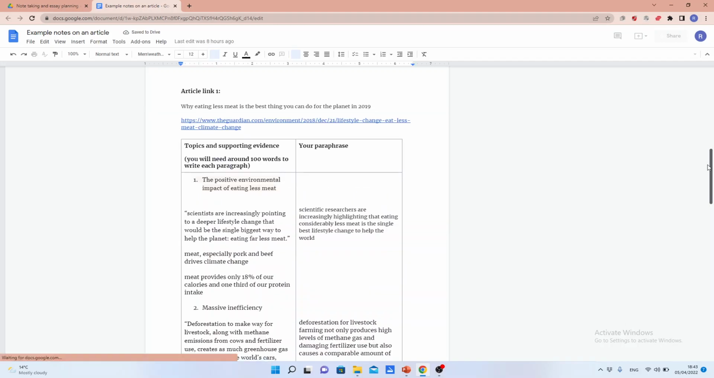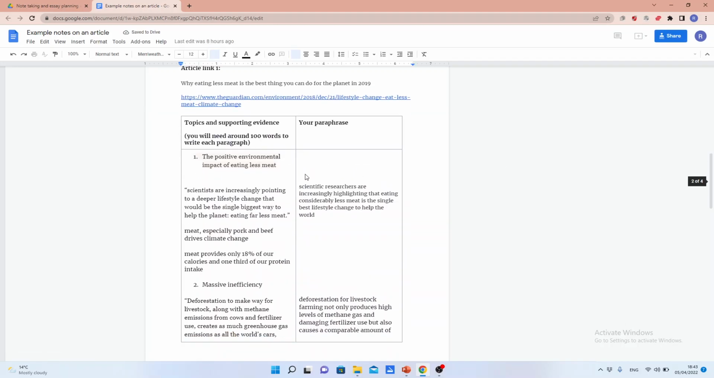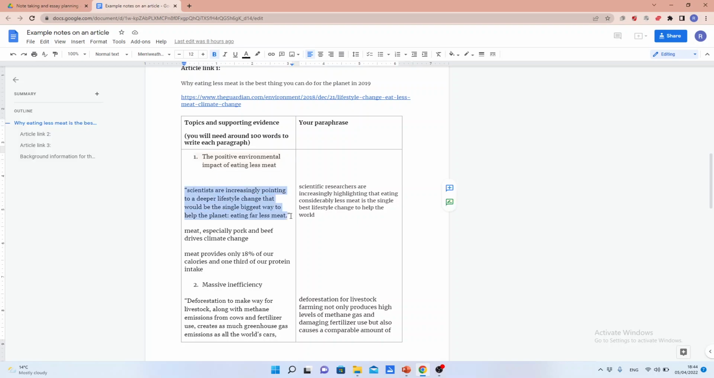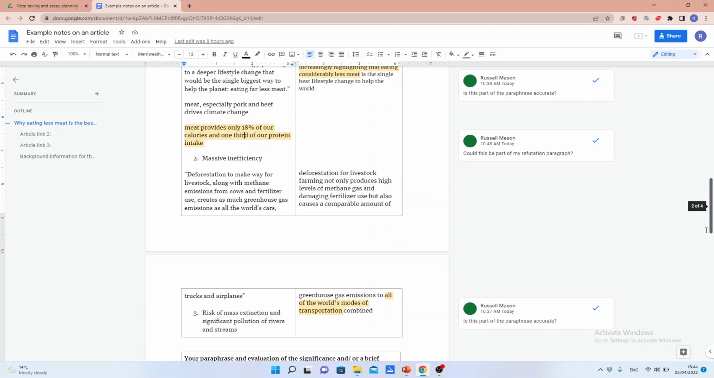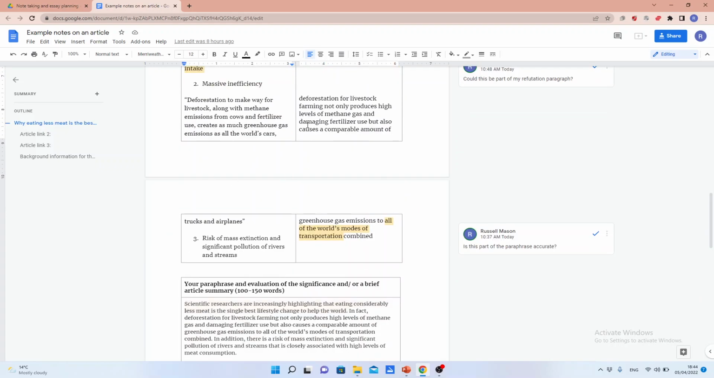Then as I took notes, I organized the information by topic. So of course this could be very useful in paragraph writing because the information needs to be organized by topics. So this is the first topic, and then I put a quotation here for the information I wanted to paraphrase. Then I just put some extra notes here, and then you can see I put a quotation here and my paraphrase here,